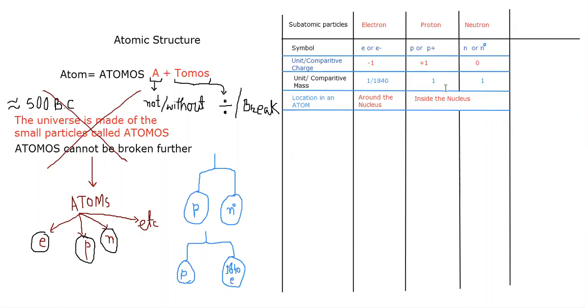The unit of comparative mass of proton and neutron is the same. The unit charge of electron and proton is the same, although their directions are different. That's why we use the negative and positive values. The position and location of proton and neutron is the same. The most important thing that you need to understand here,